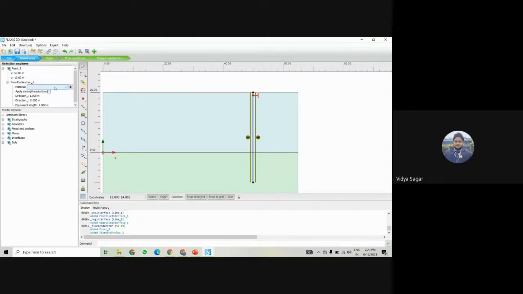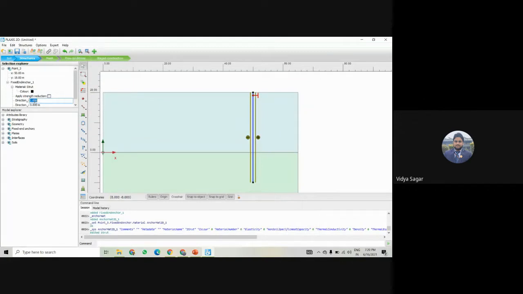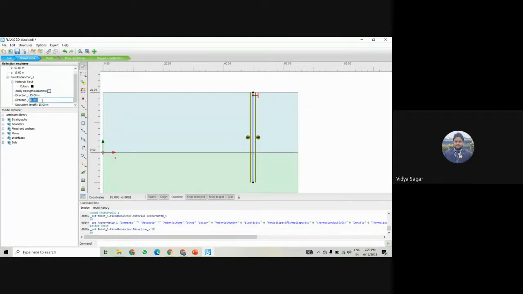So now I also apply this strut property. So this will be the strut, and the property for the strut is this elastic, and the normal stiffness is 2e⁻⁶, and the spacing is 5 meter, right? And click OK, and this x direction is the 15. In this x direction, it is 15 meter, right? So now this strut is also applied.